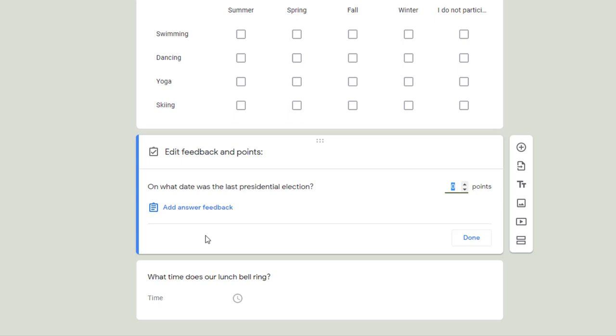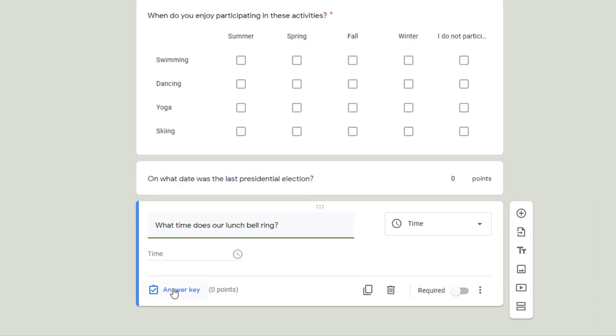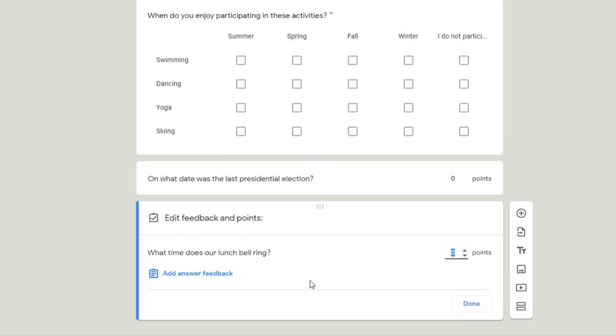So if you were looking for a way to grade on what date was the last presidential election, you could do a multiple choice question and put several incorrect responses and a correct response, and that way you could set it to auto grade. Same thing for time. You cannot actually put a correct time, but I could use multiple choice and put some of the correct time along with some incorrect times and have it auto grade that way. So this is how you go through and give your point values and mark your correct answers with regard to